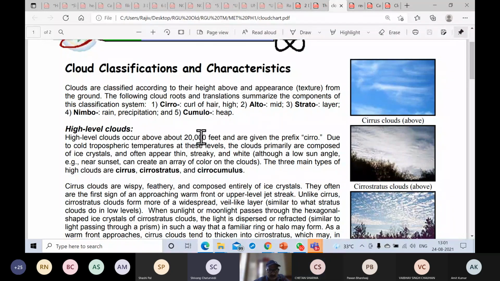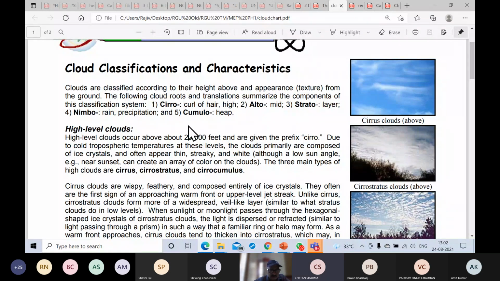कौन से नीचे वाले? मैंने तो नहीं पढ़े। सर जहां आपने ये मार्कर घुमा रखा है, इसके नीचे साइरस, साइरो स्टेटस, साइरो क्यूमुलस, ये 3 क्लाउड्स लिखे हुए हैं। ये हाई लेवल क्लाउड्स हो गए। हाँ हाँ। और निम्बो मतलब रेन बेयरिंग। निम्बो का मतलब है रेन बेयरिंग। दे आर सपोज्ड टू बी रेन बेयरिंग क्लाउड्स।